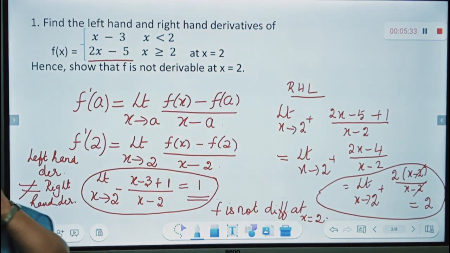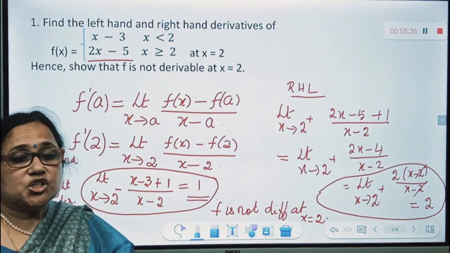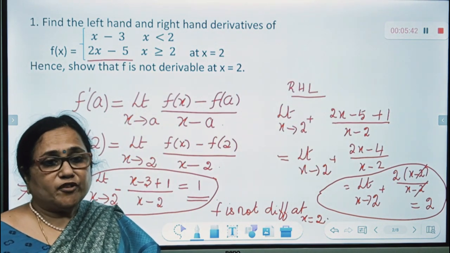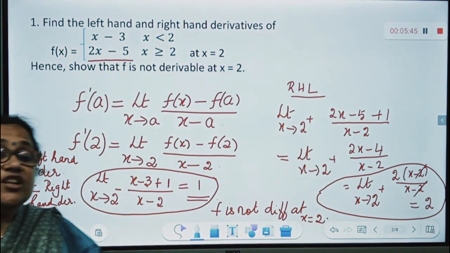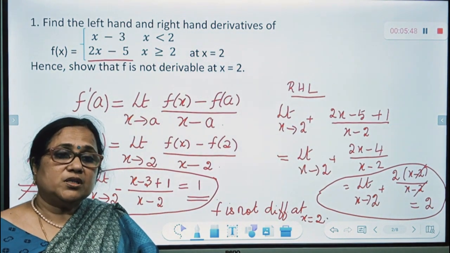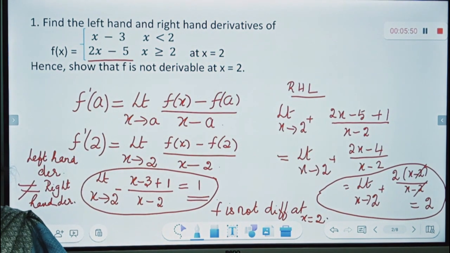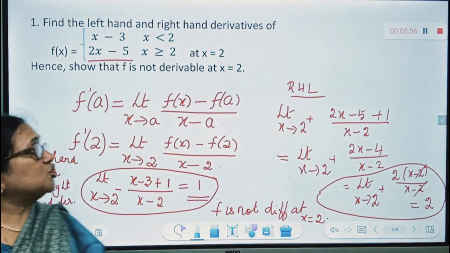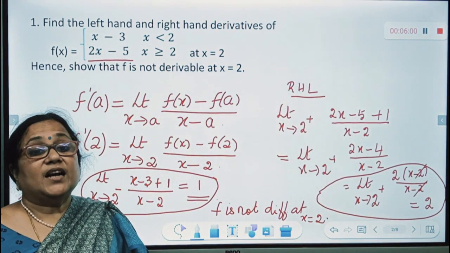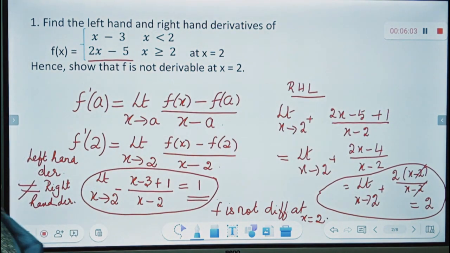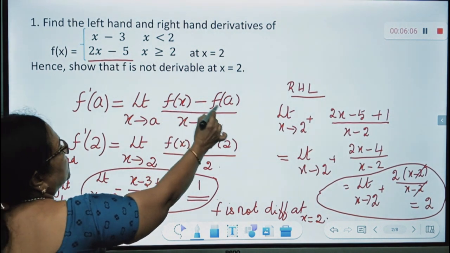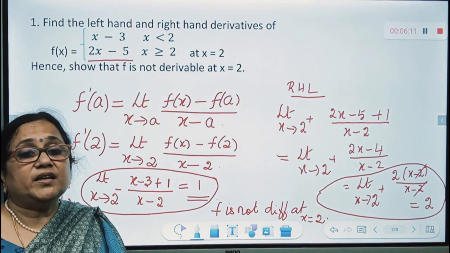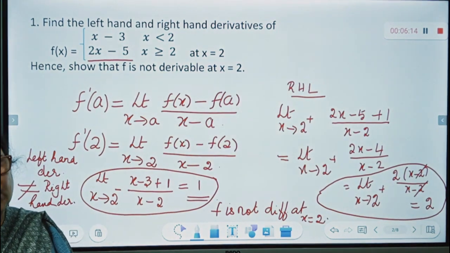Just to recall, yesterday we saw that for a continuous function, by looking at the graph, how do you determine it is continuous? If you can draw the graph of your function without lifting your hand. For a differentiable function, if it has got sharp corners, then at those points the function is not differentiable. Theoretically, what is the mathematical formula for differentiability? f dash of a is limit x tends to a, f of x minus f of a by x minus a. What is the geometrical meaning of derivative? It is the tangent drawn to the curve at x equal to a.